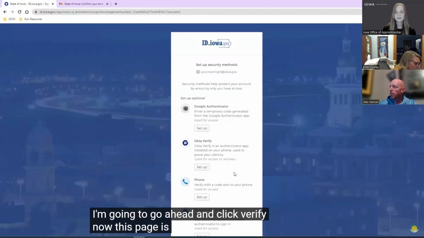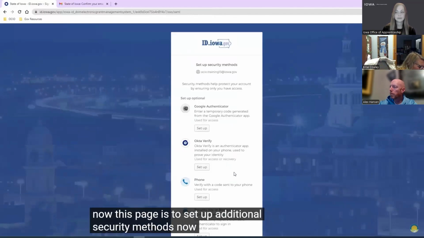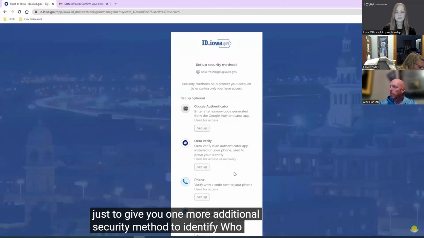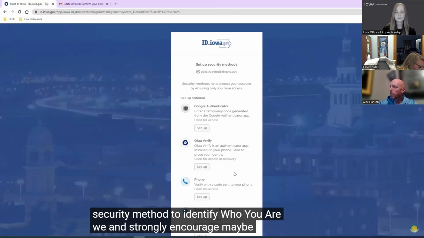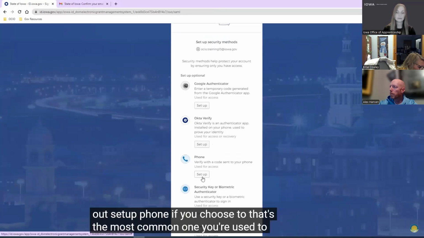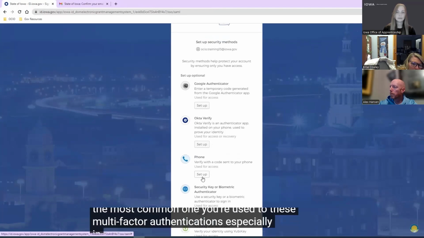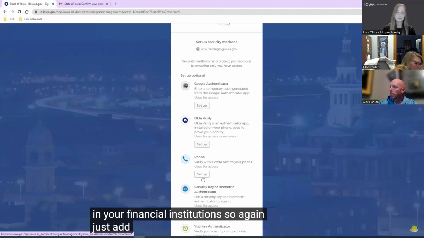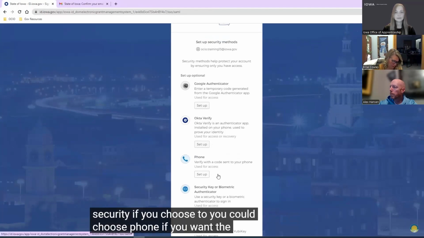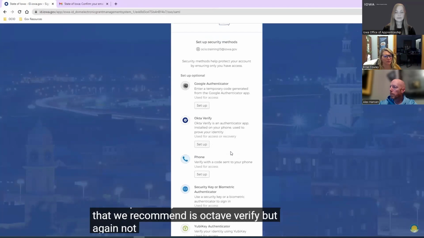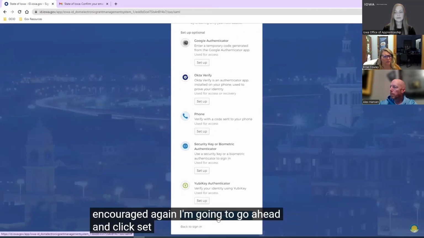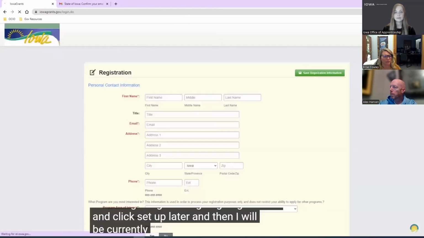Now this page is to set up additional security methods. What this is just to give you one more additional security method to identify who you are. We strongly encourage maybe to check out setup phone. If you choose to, that's the most common one. You're used to these multi-factor authentication, especially in financial institutions. So again, just add an extra layer of security if you choose to. You could choose phone if you want. The other one that we recommend is Okta Verify. But again, not required, but maybe strongly encouraged. Again, I'm going to go ahead and click Set Up Later, and then I will be currently signed into Iowa